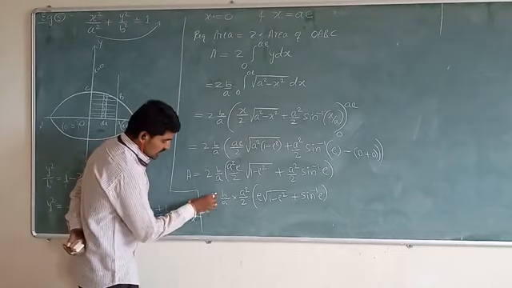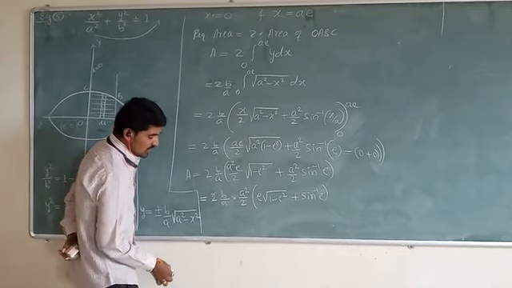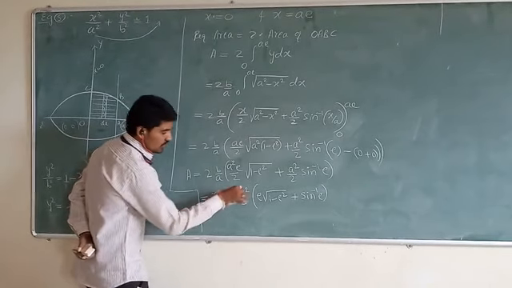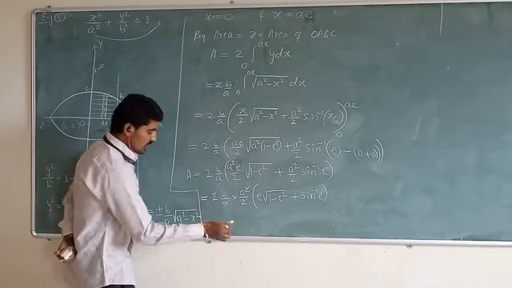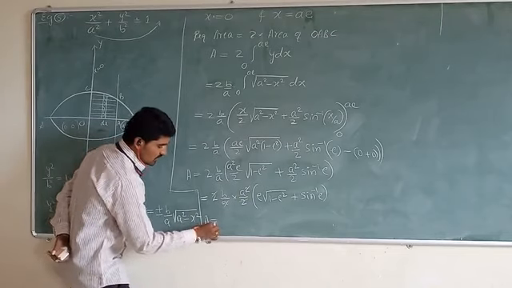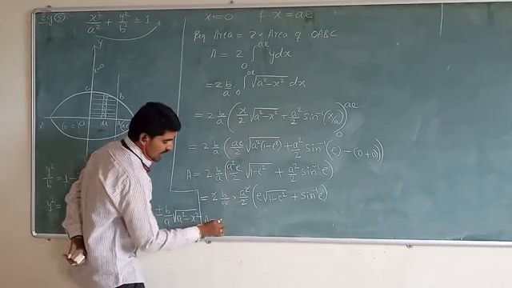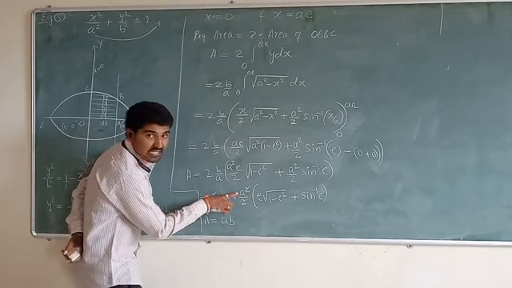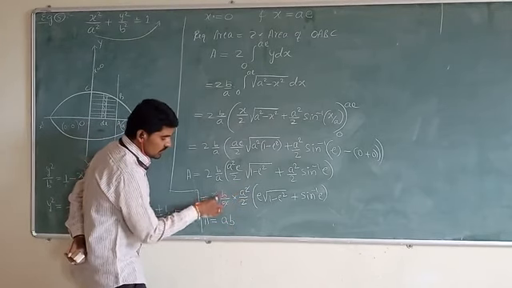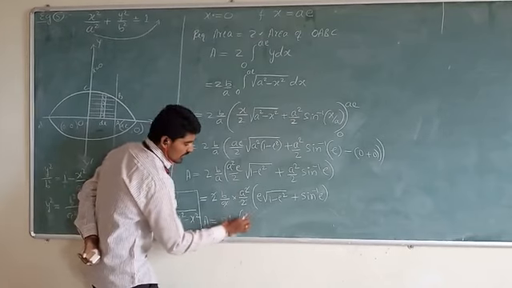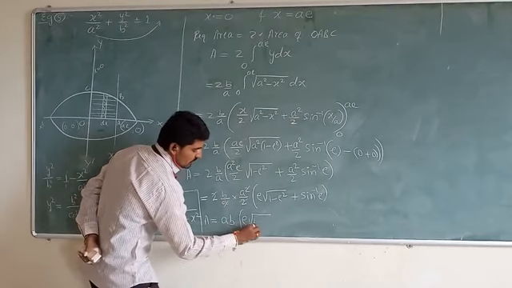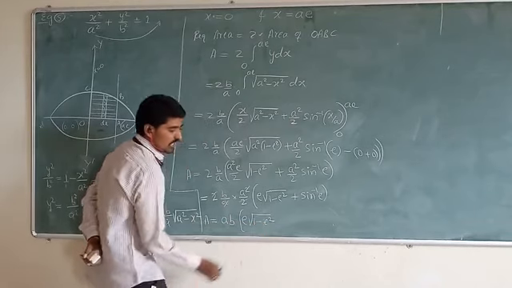Therefore, here these two and these two get cancelled. 1 a from the denominator and 1 a from the numerator get cancelled. What is the remaining thing? a into b, ab. Here 1 a is cancelled, remaining 1 a. a into b, ab, into what? e into square root of 1 minus e square plus